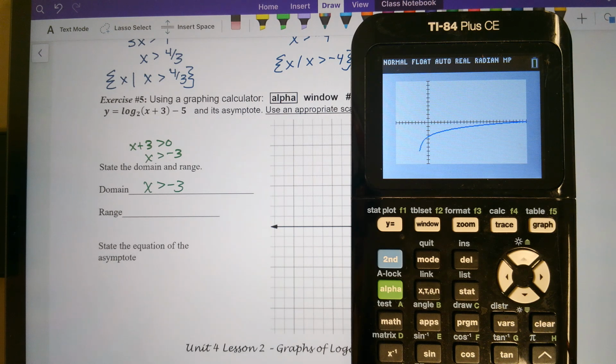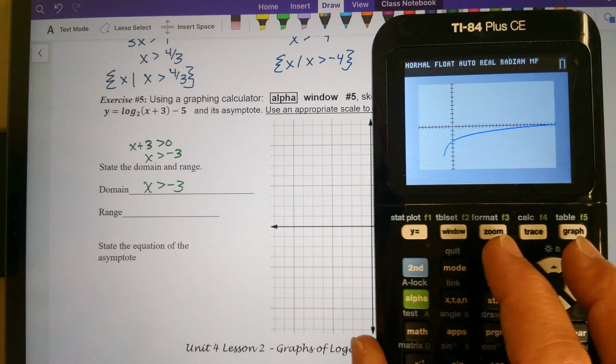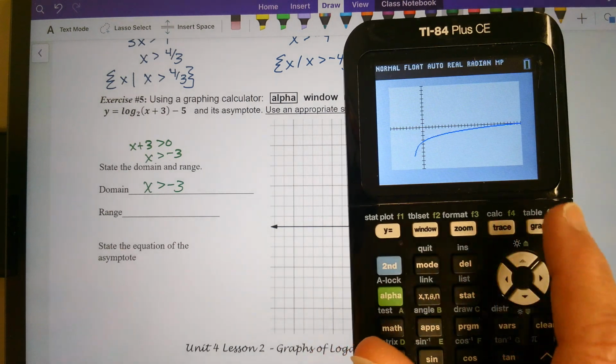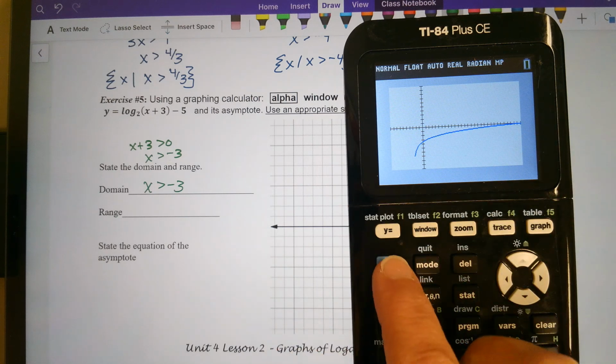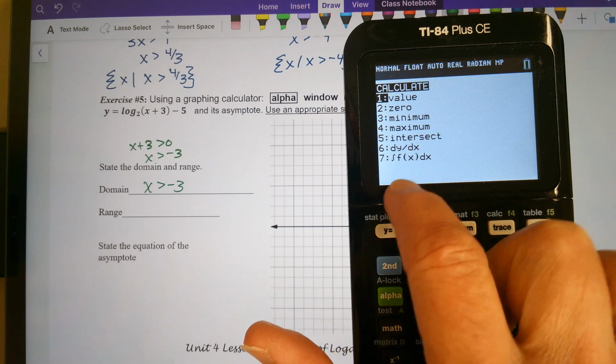This was a Regents question, okay? So you have to be accurate here. As it says, use an appropriate scale to include both intercepts. I actually want to know, what is the x-intercept? So if I do second trace